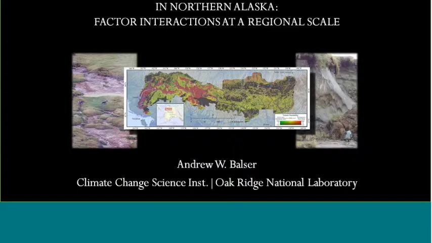I've chosen the word suitability for a specific reason here. It's sort of analogous to habitat suitability when you're talking about wildlife, in the sense that you may have a piece of landscape that's really good browse for, say, a moose, but that doesn't mean the moose is going to be there. And in similar fashion, terrain that is suitable for a particular type of hill slope thermokarst, it may